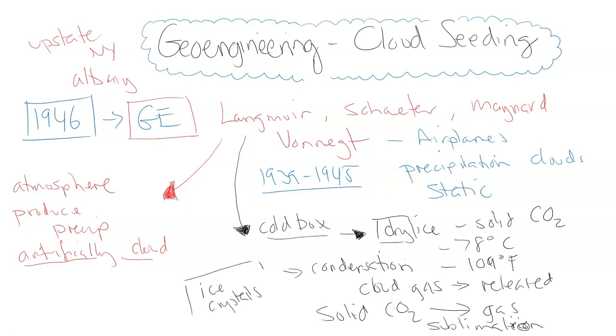And this kind of opened the gates to understand the cloud condensation nuclei and the coalescence theory and all of this stuff, where he could use dry ice as a stimulant to create these ice crystals in the air to really basically make snow. And so the next thing was he then went off to the Adirondacks again, and in